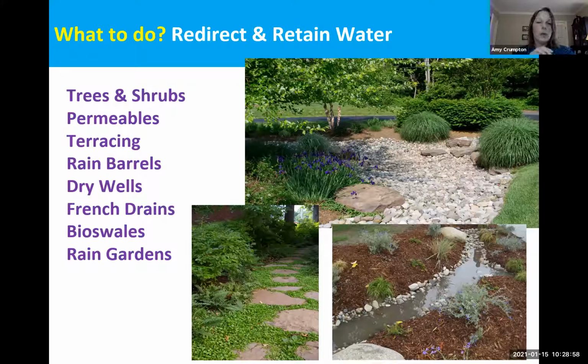French drains, which are essentially a channel about a foot deep with a perforated pipe in it, and then rock and so forth. A bioswale, which is a lot less deep, probably 6 or 8 inches deep, where you are just trying to add some fluffier topsoil and compost and mulch and put plants in that to help soak things up. And then rain gardens, which again